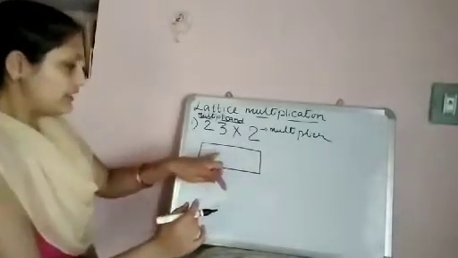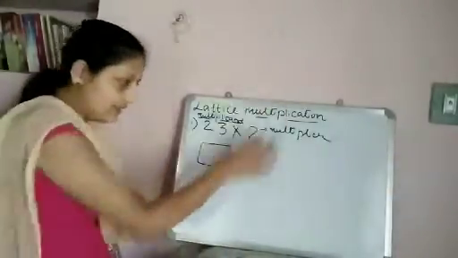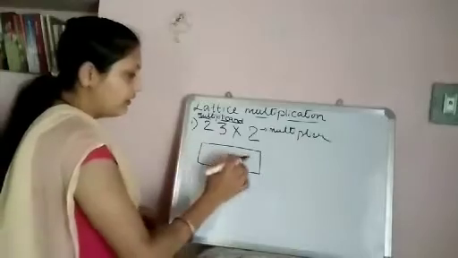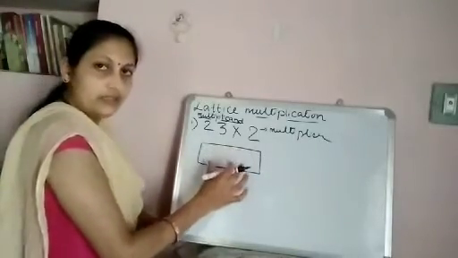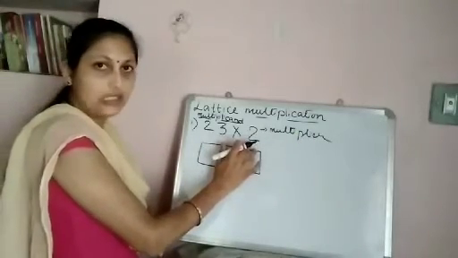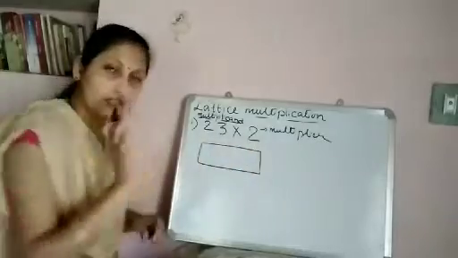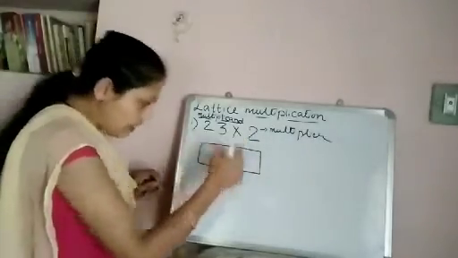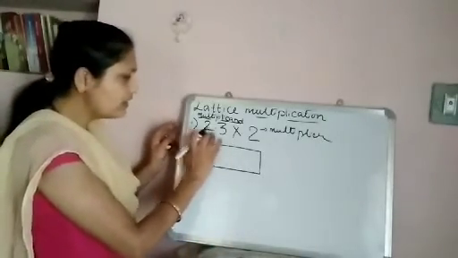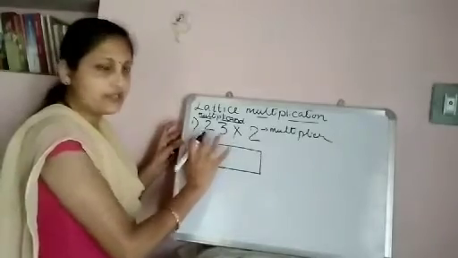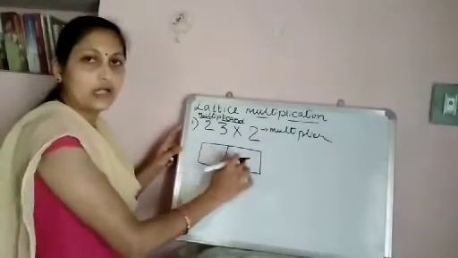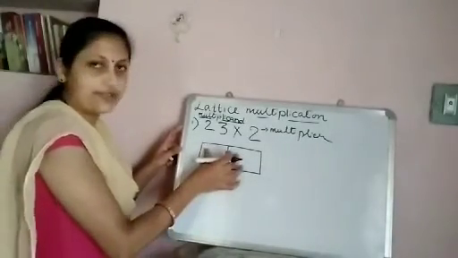So here first we'll take a row. Row means in this way. This is the column. So this is the row. Horizontal one is the row. So draw as many rows as there are digits in the multiplier. Here we have one digit, isn't it? Only one digit is there in the multiplier. So one row you will take. Next, draw as many columns as there are digits in the multiplicand. Here there are two numbers, isn't it? 23, two digits are there. So you should take two columns like this, which means two boxes.